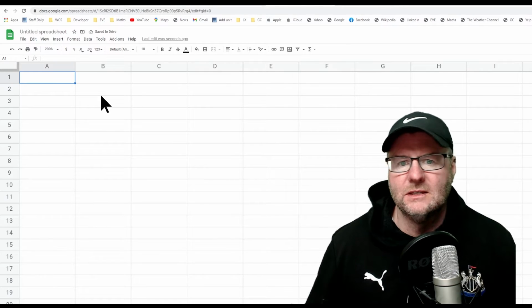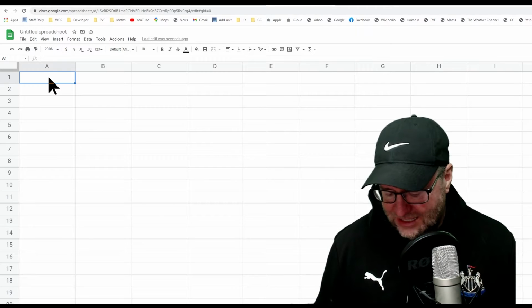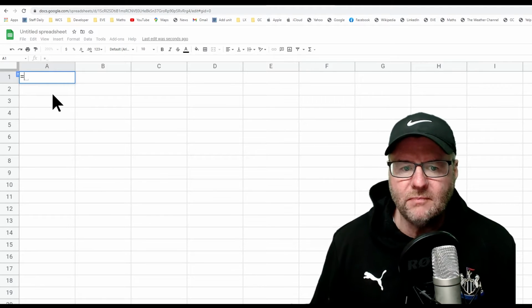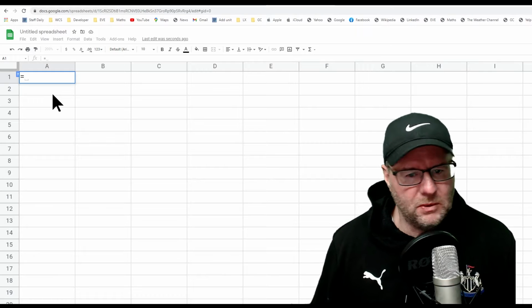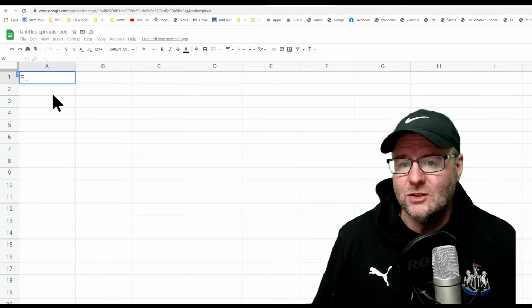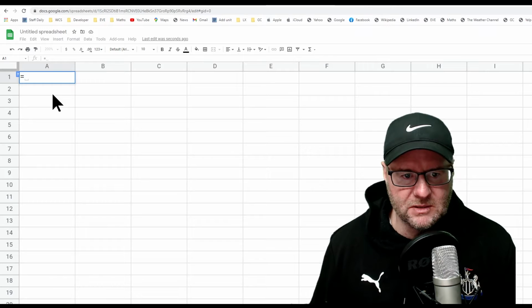Now, instead of numbers, I can also type in what we call formulas. I can tell the cell to do a calculation. They start with an equal sign. So that tells the spreadsheet, hey, I'm not putting in a number now, I'm putting in a formula. Now, we're going to use this feature to come up with our random numbers. So I'm going to type equals